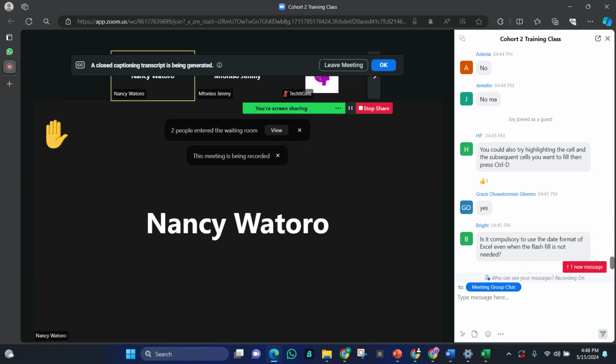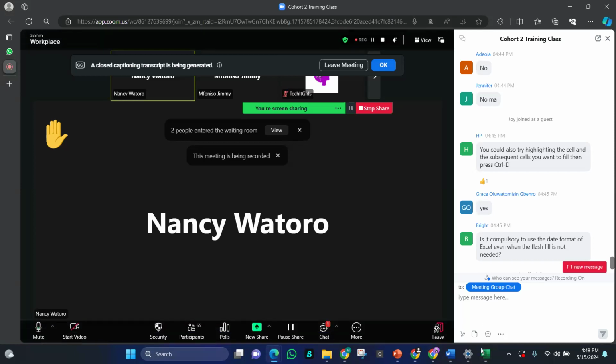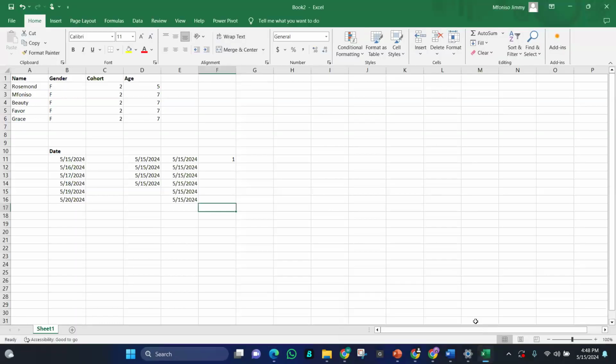Yes. If you're using Control D, even Flash Fill works on a particular column, not row. For example, let me show you. This is a row. The vertical is a row. The horizontal is a column. The A, B, C, D to Z is a column. Then the numerical one is the row. So once you're duplicating, it only duplicates